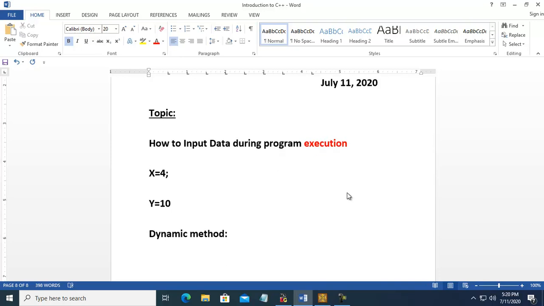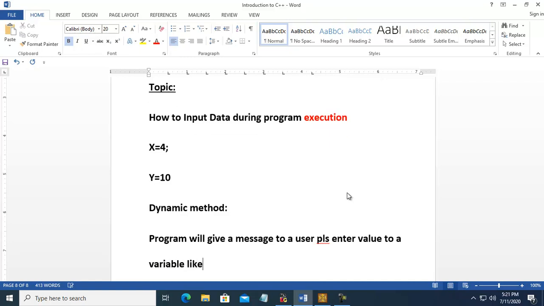Dynamic method means the program will give a message to a user, please enter value to a variable.